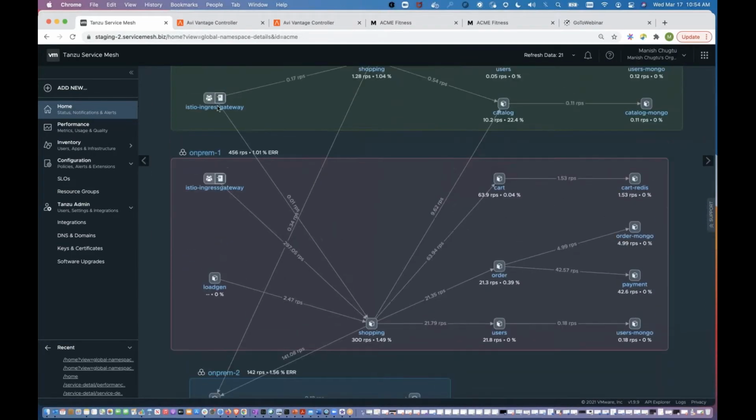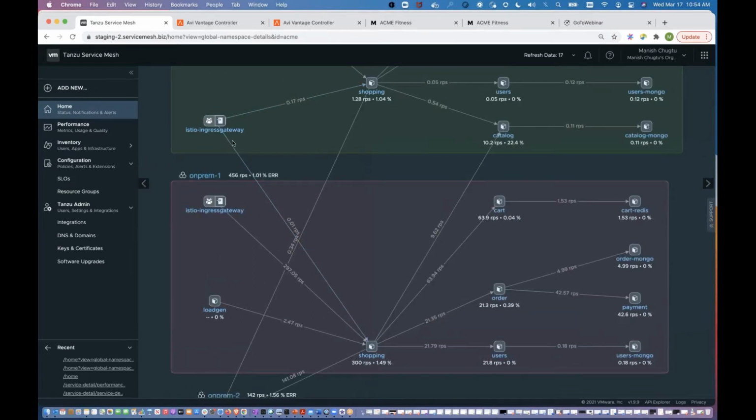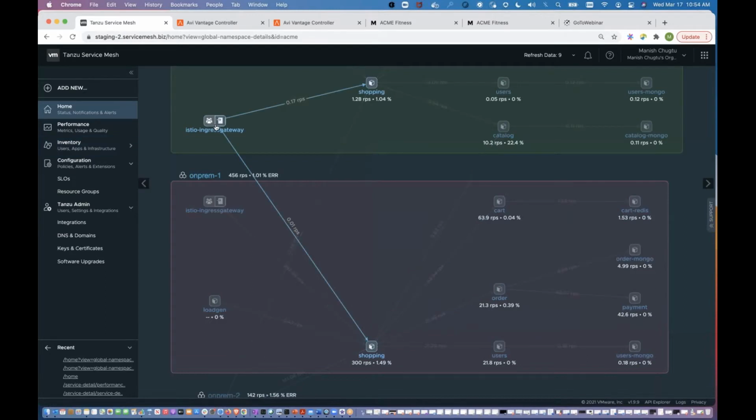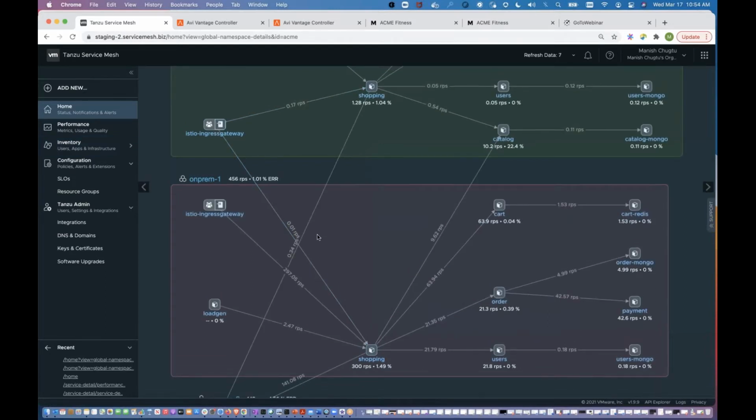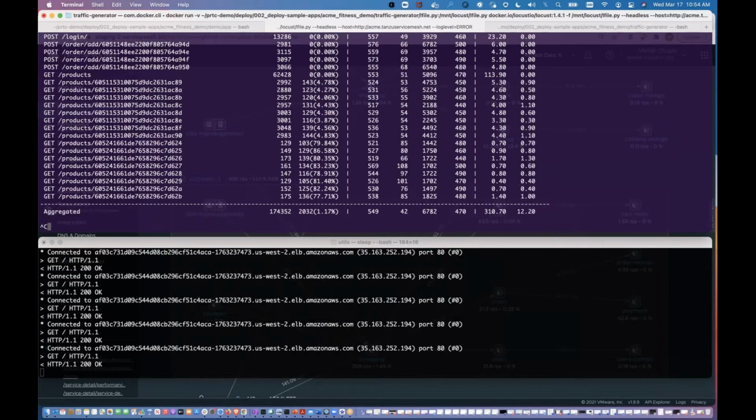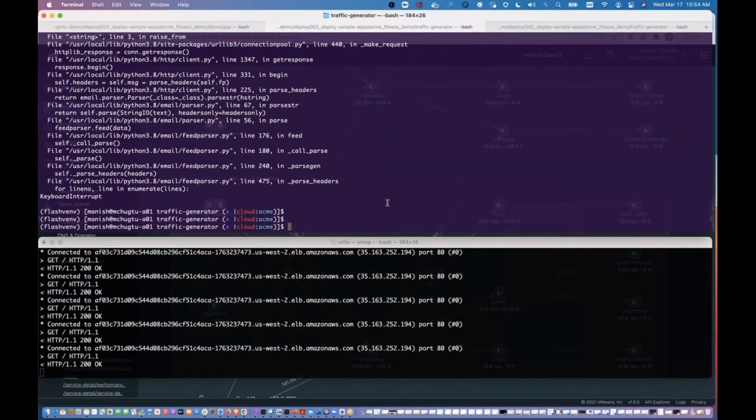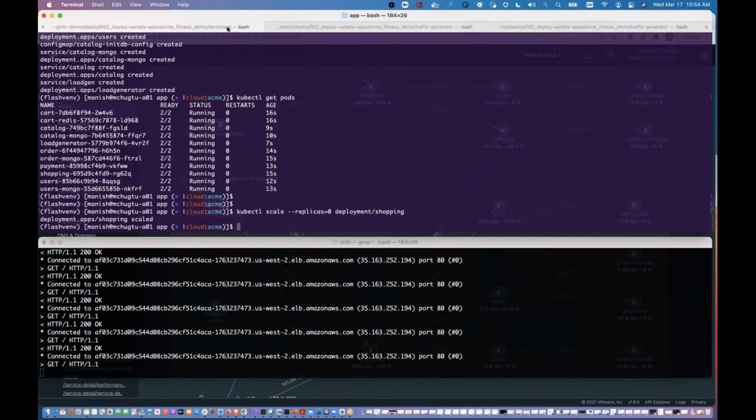And this is the point which I was trying to make, right? In one case, the cloud actually did send from the gateway itself to the shopping app on the on-prem. That was those few seconds of time where the requests were coming here, but there was no service here, right? If we just stop our traffic and we go back to our on-prem cluster,